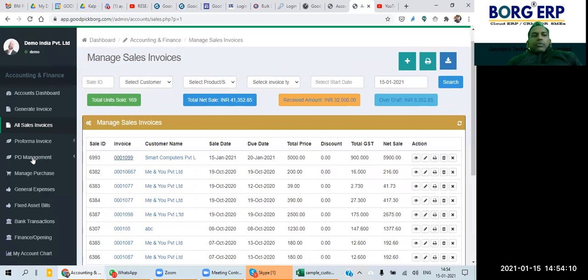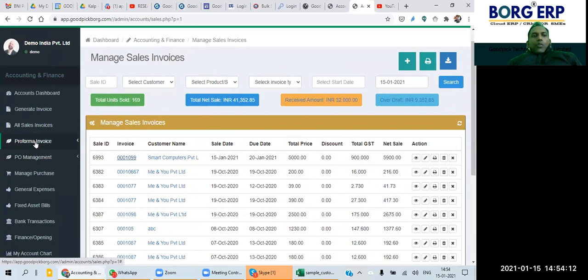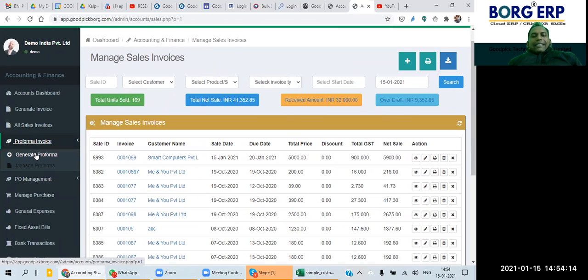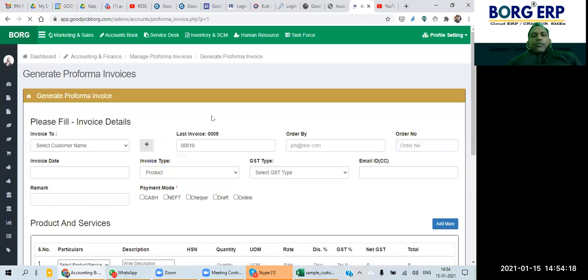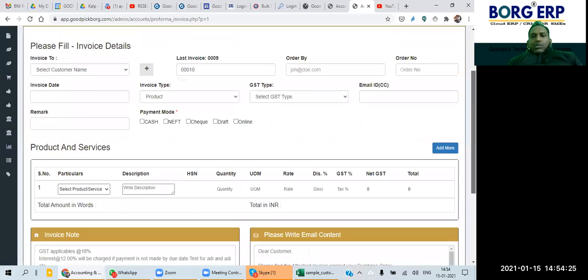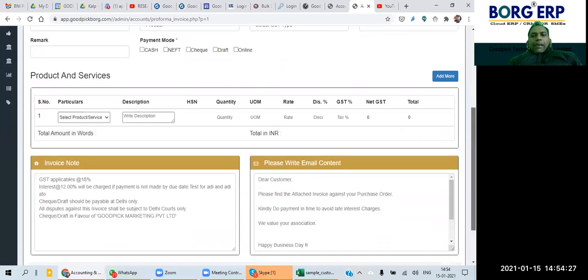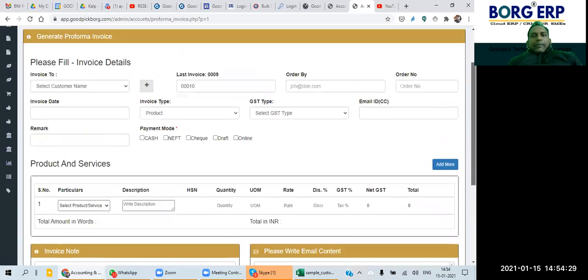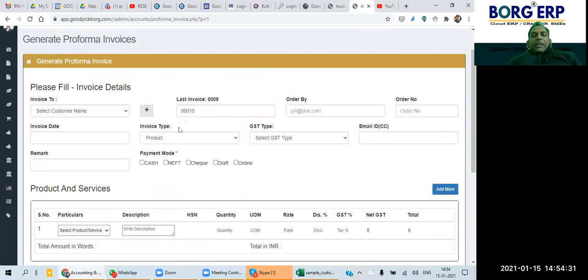Okay, now come to another point. Now the pro forma invoice. This is just like a tax invoice. So click on generate in pro forma invoice. The same similar format is there for invoicing also, correct? I'm not going into detail because the similar format is there. Some of the details we have removed from the invoice because that is a taxable invoice.